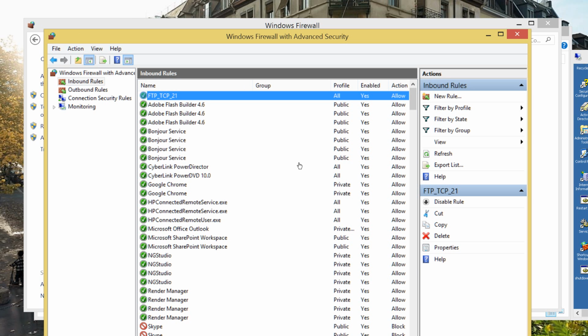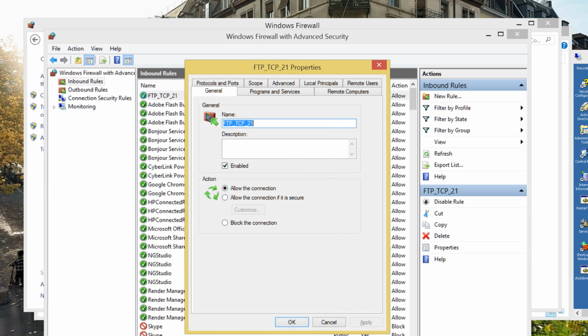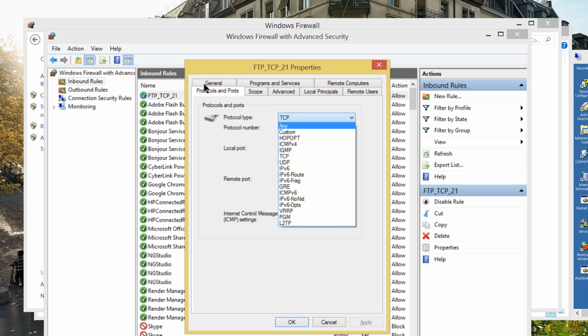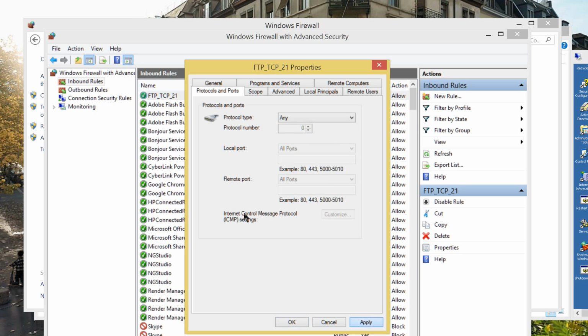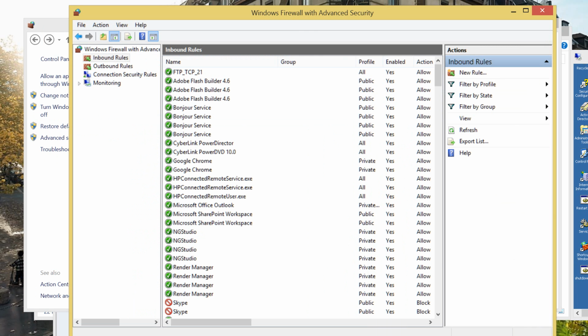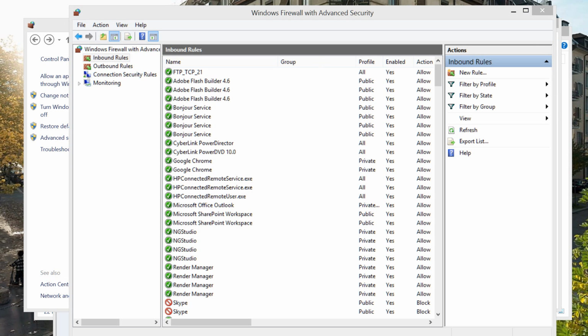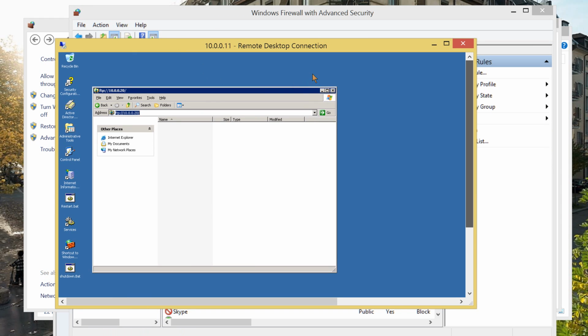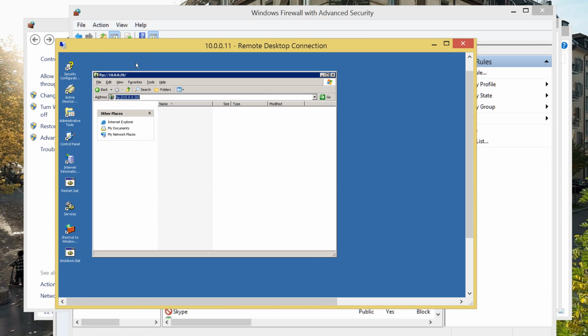Clicking on this and let's see the properties of it. There you go. Now, for the sake of experiment, for the protocol type, I would like to choose any right now. And let's see what will happen in it. There you go. Now going back to my server. This is my other computer running. I just accessed it a while ago, as you can see, and it wasn't successful.